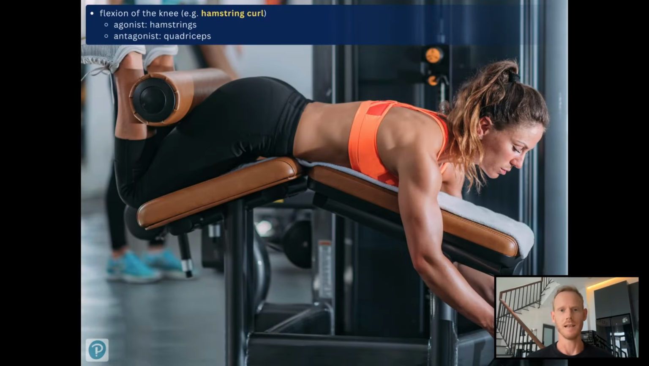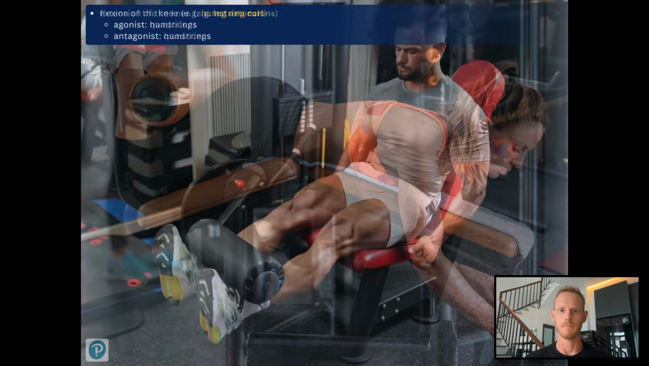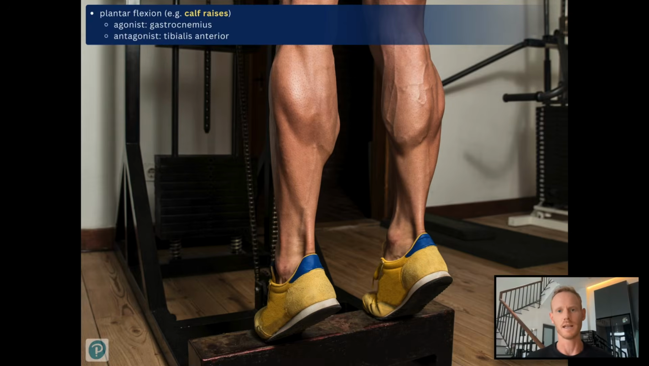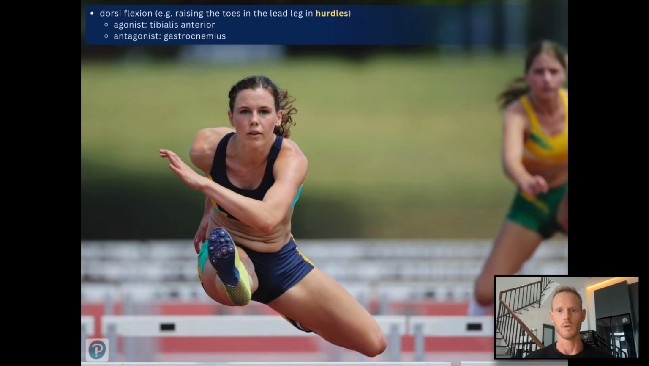When bending the knee, the hamstrings contract and shorten to create flexion, while the quadriceps relax and lengthen. To extend the knee, the quadriceps contract and hamstrings relax accordingly. During a calf raise, the gastrocnemius contracts and the tibialis anterior relaxes to create plantar flexion at the ankle joint. To raise the toes or dorsiflex the ankle, for example when clearing a hurdle, the tibialis anterior contracts and the